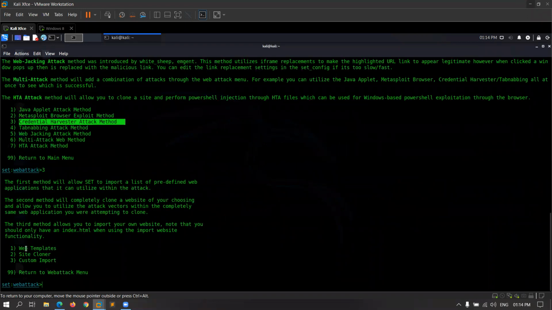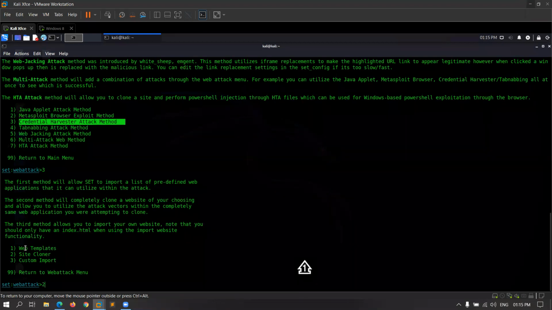And here are three options. The first method will allow SE toolkit to import a list of predefined web applications that it can utilize within the attack. The second is site cloner. The second method will completely clone a website of your choosing and allow you to utilize it. So we are going to clone a website, and I'm selecting the option site cloner.